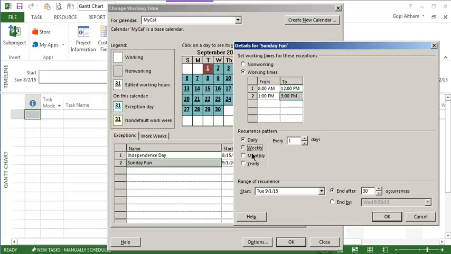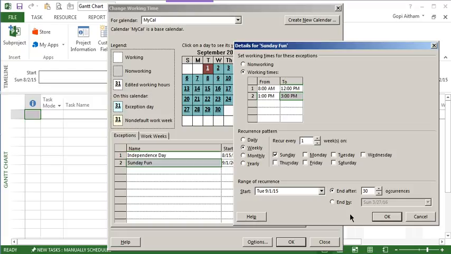So I will select weekly and I will select Sunday so that it is applicable to every Sunday. If I want to make it to every alternate Sunday, I can make it to 2 here in recur every selection so that it becomes every alternate Sunday. So for now I'm making it as every Sunday by selecting this as 1,